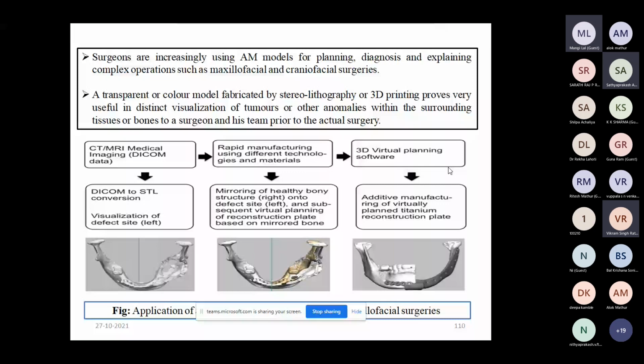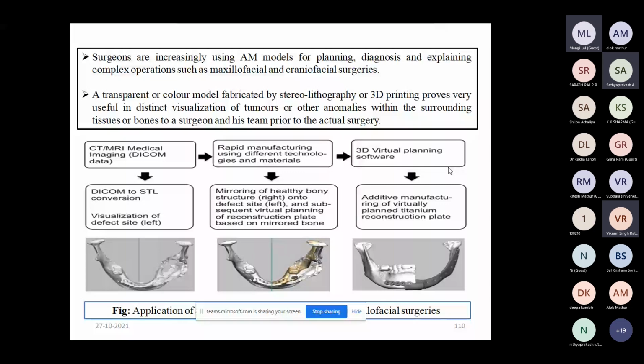Once we take the CT scan or MRI, one of the rapid manufacturing techniques can be used to generate the prototype of this defective anatomy. Okay, and then the prototype is generated with the help of an additive manufacturing technique, and then this is implanted against the defective portion.